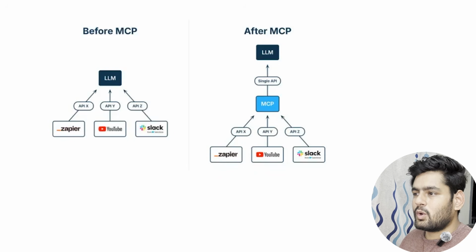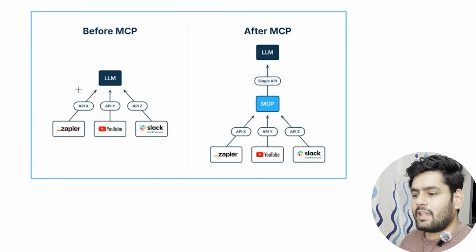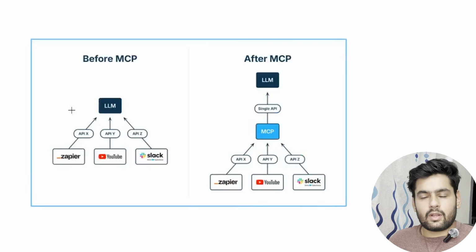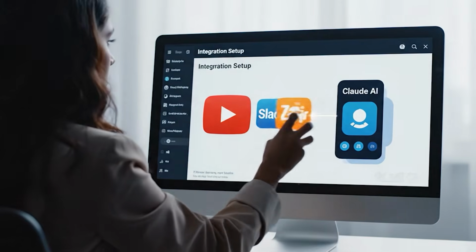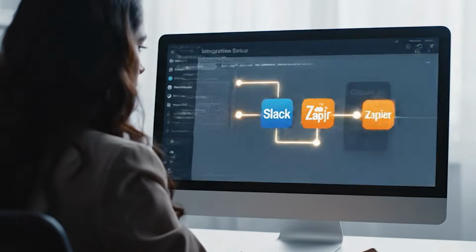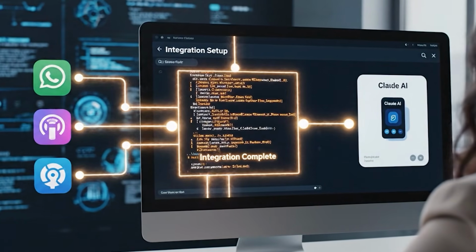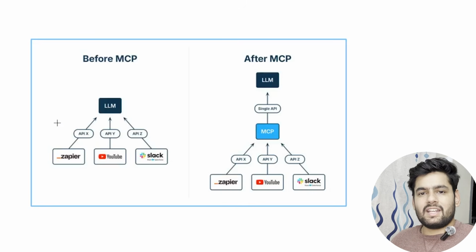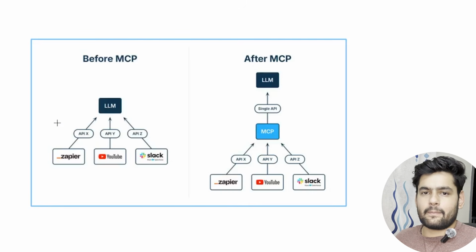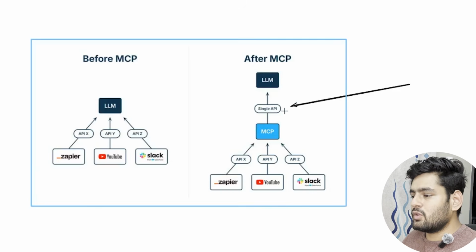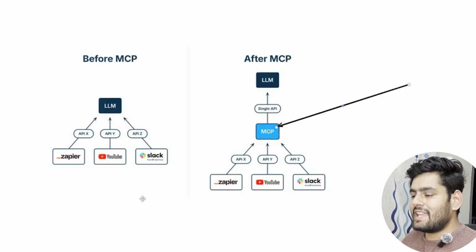Before MCP, if Claude wanted to connect with any app, each app had its own APIs, and Claude needed to write custom code for each integration. Like if you want to connect with YouTube, the Claude team has to write a custom integration. Same for Slack, Jira, and all the tools available on the internet, which need custom code to connect with Claude AI. But what MCP did is, it is a universal way to connect with any app out there on